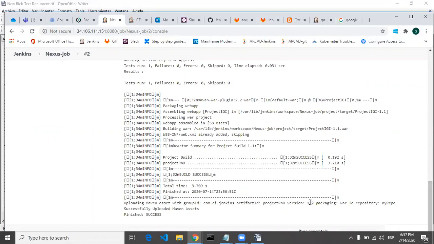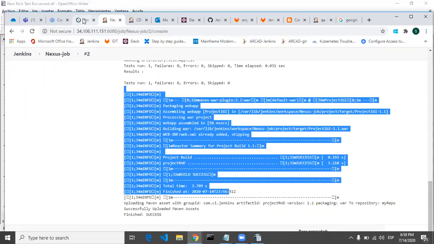So this 2 is nothing but the build number. So likewise you can trigger as many builds as you want, and once you are done with your versioning, dynamically you can generate your war files.